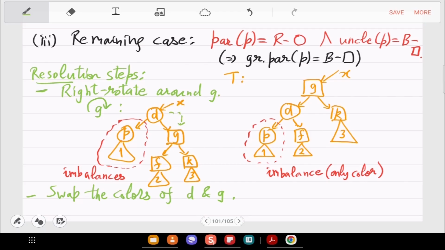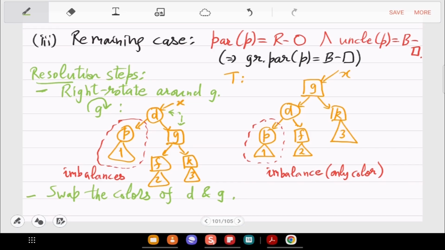It won't change what? Above, yeah, but your solution of making P black. Yeah, that's a very good point. K could have been, no. We are in that case. Uncle is black. No, so whatever colors I have given, they are fixed.